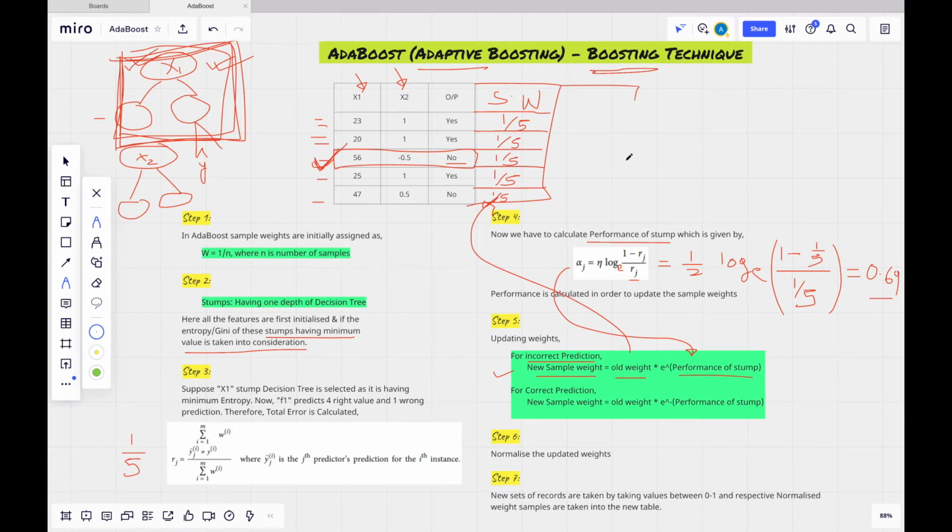Let me add one more column, updated weights. For incorrect prediction, new sample weight is 0.39.